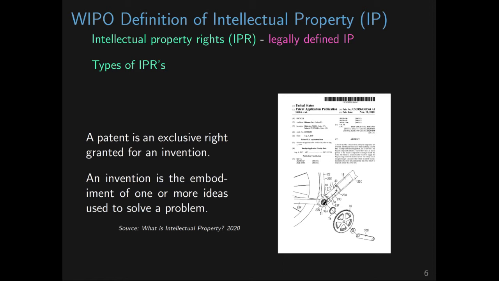Now let's go into the different forms of intellectual property rights. The first one of these is the patent. The patent is an exclusive right granted for an invention. Now we have to define what invention means so that we are clear on what is protected by a patent. An invention is really a technical solution to a given problem. So, for example, if the problem is cleaning and whitening the skin, then the solution is a soap which does that.